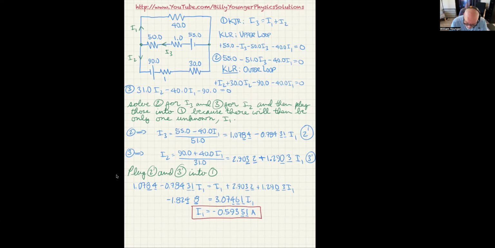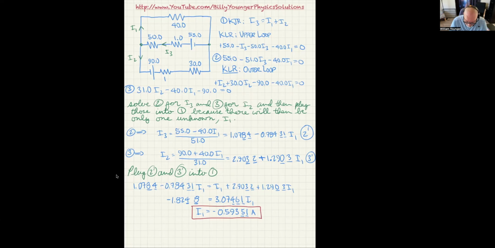Similarly, when I added the 1.290 to the 1, and then I added another 0.784, that should have given me 3.07. And again, in that case, 0.784 was good to 3 decimal places. The 1 we can assume is good to any number. The 2.9032 was only good to two decimal places, so that allows us two decimal places in the coefficient of I1 being significant. So that's why I have 3.07, and then I have the 4, the 6, and the 1 underlined. Now all I have to do is divide both sides by